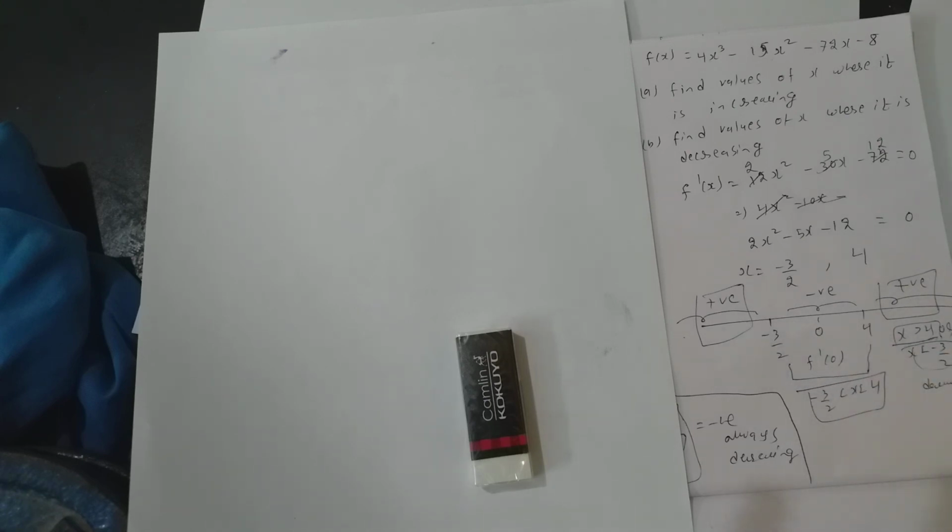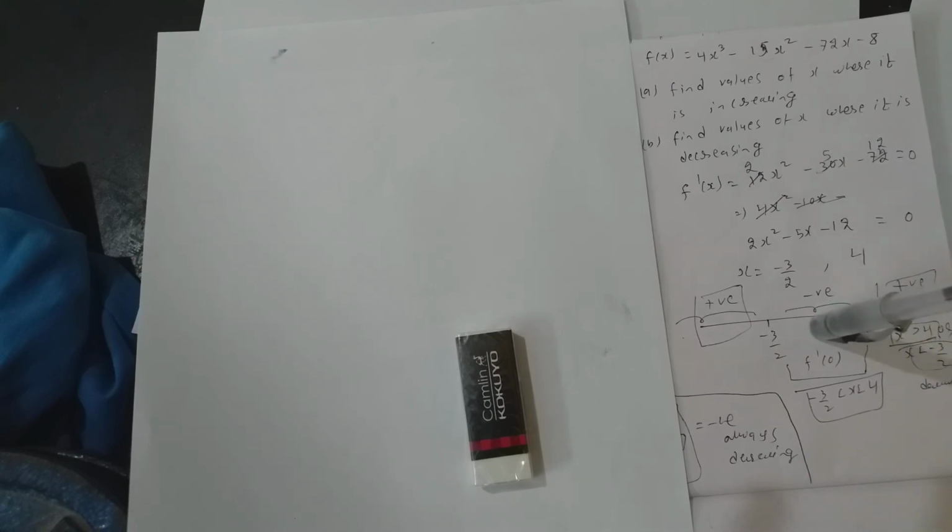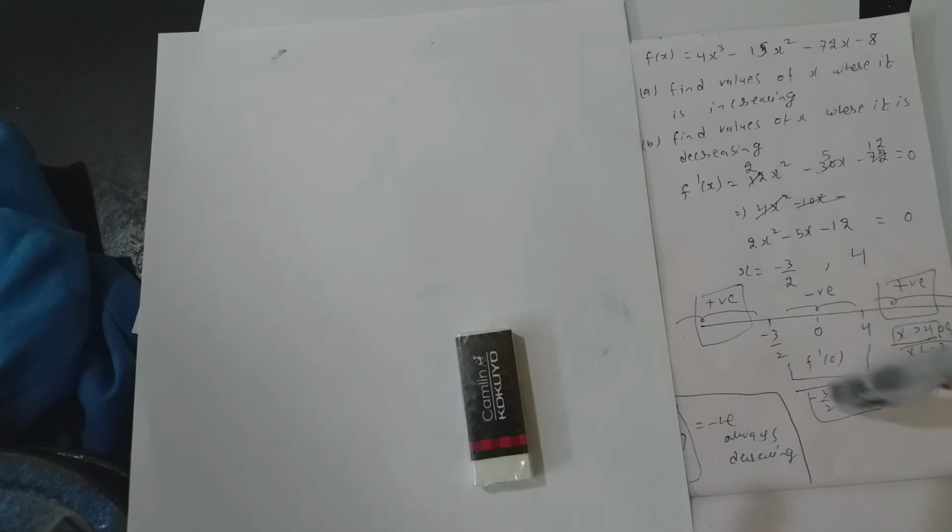Look at the sum one more time. Find the values of x where it is increasing, find the values of x where it is decreasing. To find increasing or decreasing, I need to find f dash x. I found f dash x, equated it to 0, I got two values for x. So now the number line is divided into three parts. In each part I need to check for positive or negative. It is easier to check by taking 0, I got negative. So automatically the other parts are positive. Positive, negative, positive appear alternately. So here negative, so it's decreasing over here, positive here, so it's increasing over there.